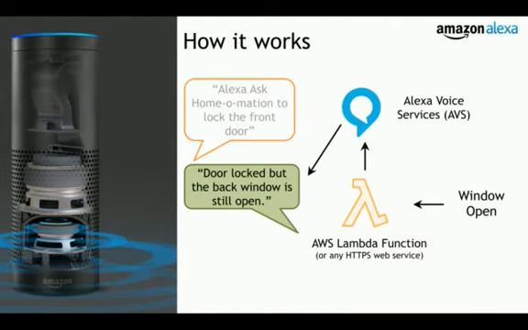flow. The Lambda function sends back JSON to the Alexa voice service, and the Alexa voice service makes sure the Echo or the device that the user was interacting with reads out a payload that was part of that JSON. So in this case, it would read something like, door locked, but the back window is still open. So to the user, it's a very straightforward and quick way to interact and check status for this custom built home automation